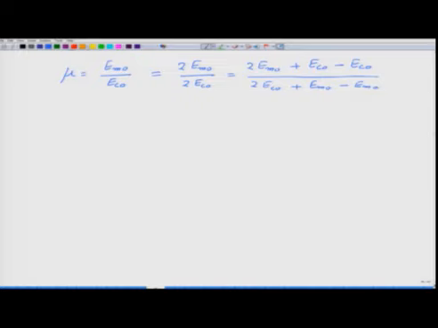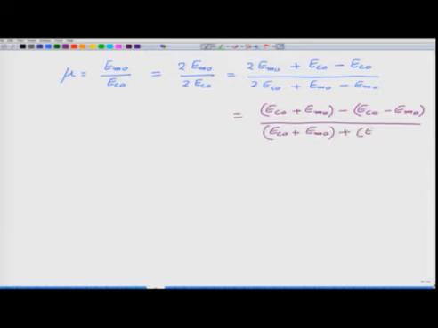Now, if I slightly rearrange the terms, what I will get is this thing is equal to E c naught plus E m naught minus E c naught minus E m naught, divided by E c naught plus E m naught plus E c naught minus E m naught. What this tells me, if I focus on the very first quantity in the numerator, is that the first quantity is the maximum of